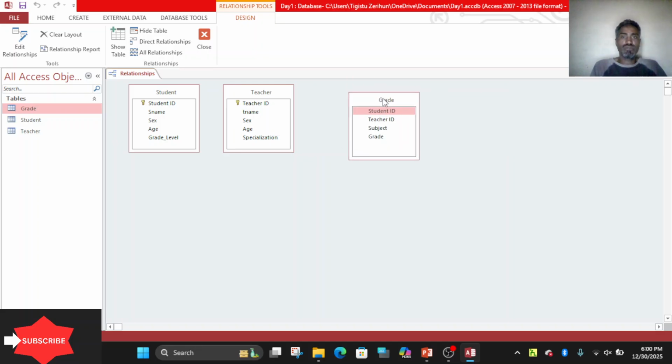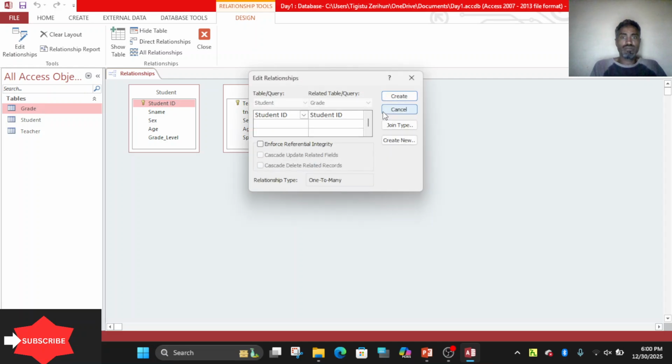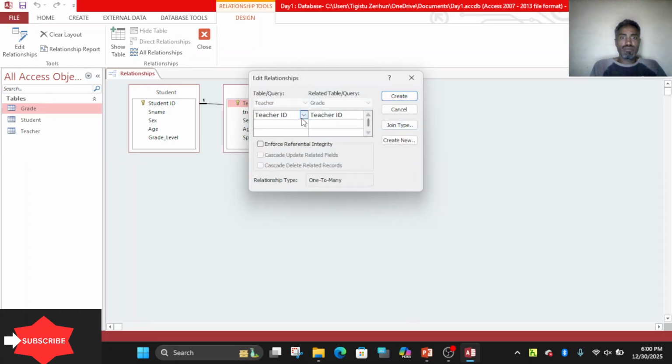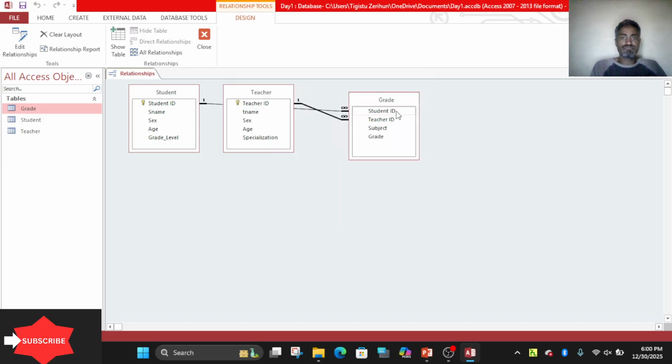We have this primary key from student ID, then drag and drop on grade parallel on student ID field, then enforce. Finished. The same to the primary key teacher ID to the foreign key in grade table, dragging and dropping on teacher ID. It will give you editing relationship window, then enforce.